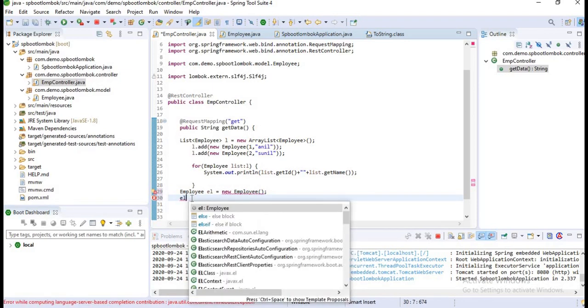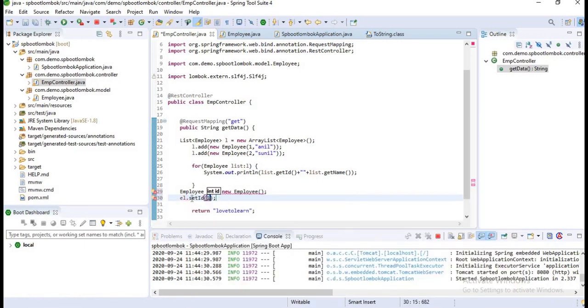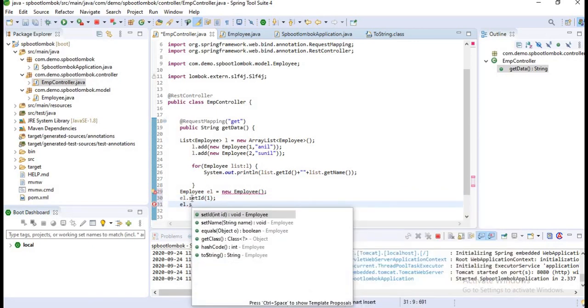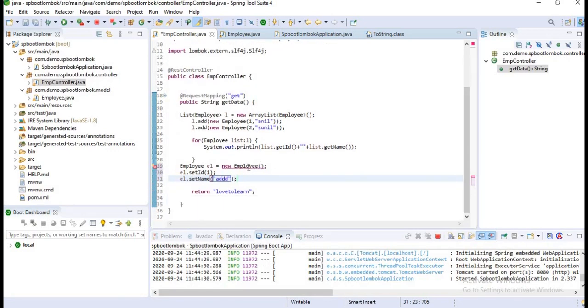Dot setId 1, setName. Okay, and let's say I'm getting an error here.